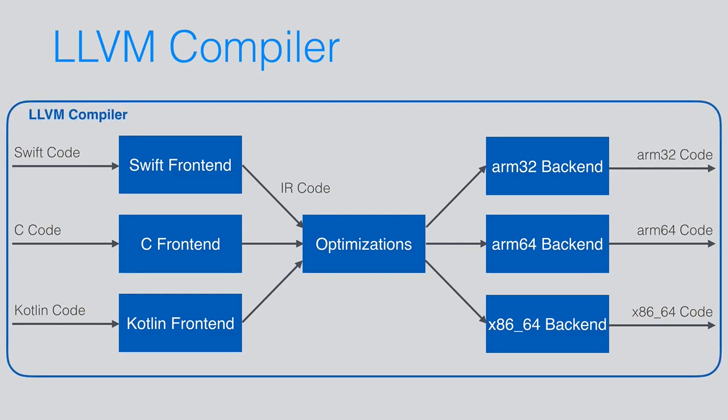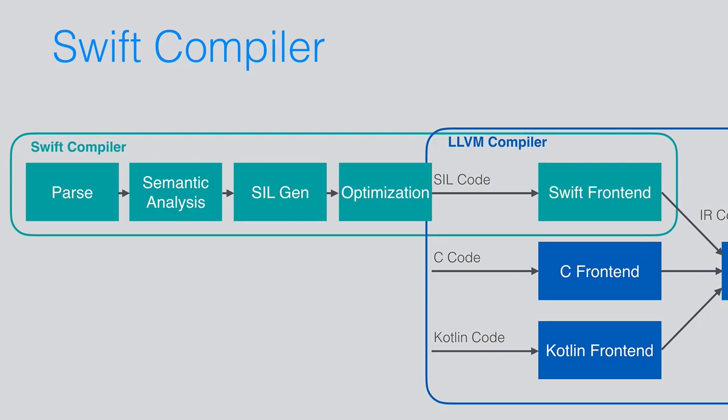So all of this sort of encompasses the LLVM compiler, and this is how it's structured and how it works. If we look at Swift specifically, what we talk about as the Swift compiler is really a Swift front end for the LLVM compiler. So it's got 5 different steps. You've got the parse, which parses your code, it does semantic analysis on that, and then it generates SIL, which is the Swift intermediate language,